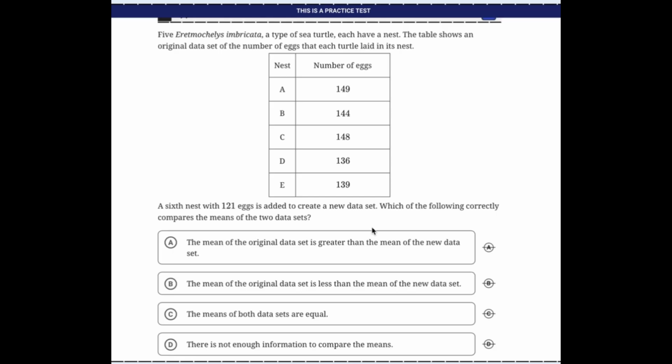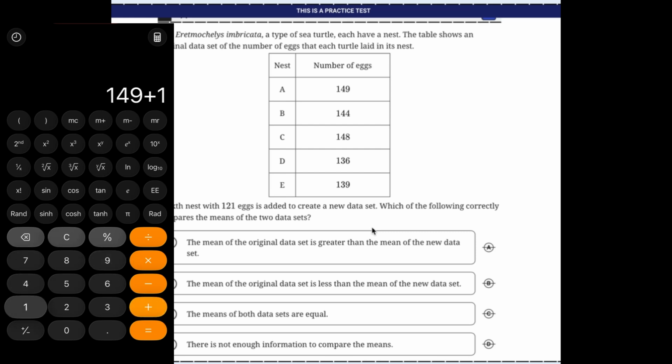So first off, find the mean of that data set, the original one. So that's going to be 149 plus 144 plus 148 plus 136 plus 139, divided by 5, so 143.2. And if we add all those numbers again together with that new data set number, then we have, divided by 6,